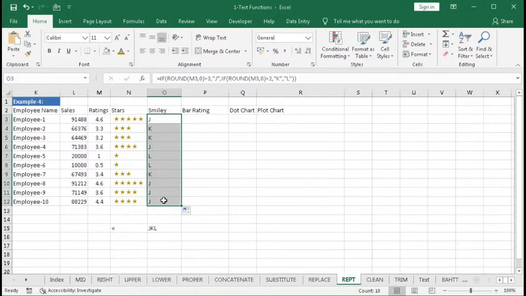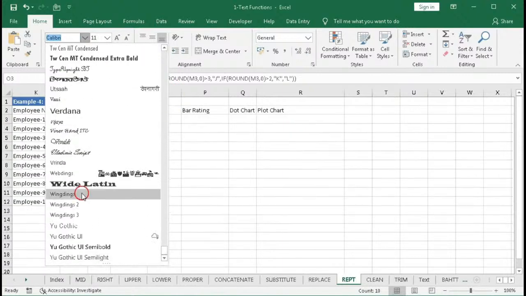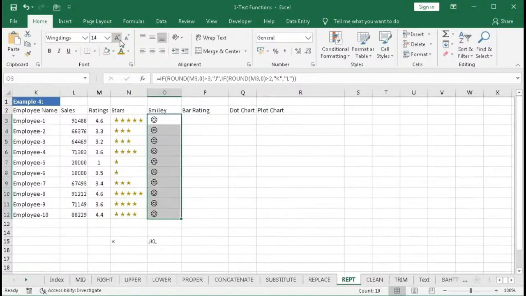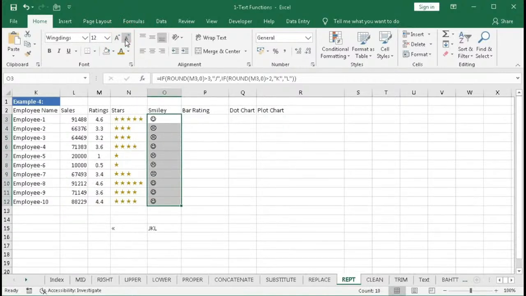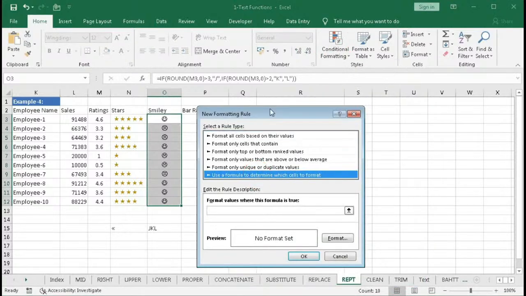Now we will convert this into Wingdings. So go here. And go to end and click on this. We got this page. Now increase the font size as you wish. Make it middle aligned. Now we will give conditional formatting. New rule. Select this cell, equal to